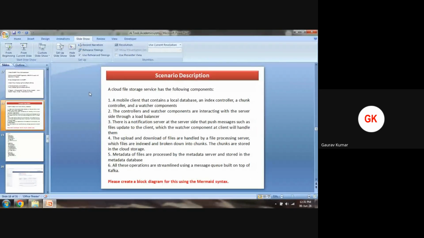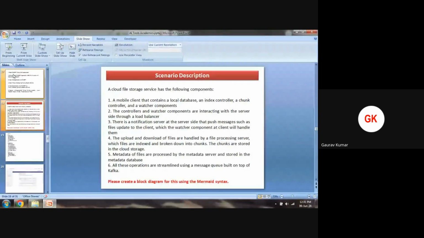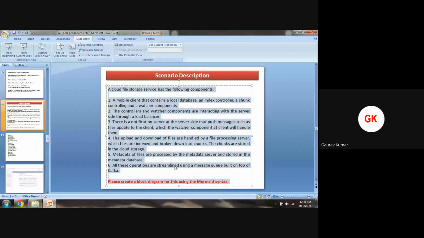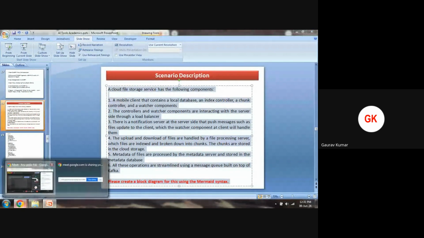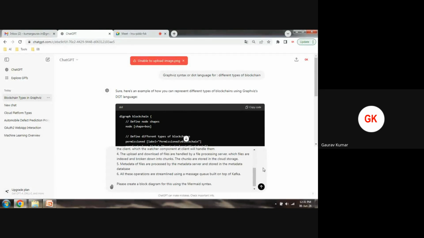A cloud file storage has the following components. So whatever process you are giving, for example, in research methodology, you have written one algorithm, you have written one research approach, and you want to create a script of that. Simply copy that particular scenario, copy that particular content, and write at the bottom, please create a block diagram for mermaid script. Okay, and it will generate,